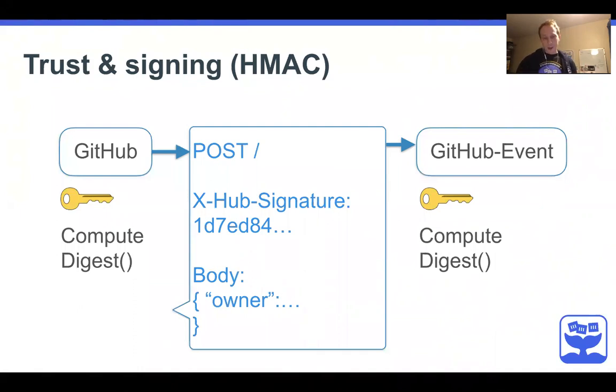With GitLab, it's slightly different. They send a password in plain text, but we apply the same technology. And then once we're within the cluster, after the first function, everything is signed with a different key between the functions so that they know that there's no tampering going on.